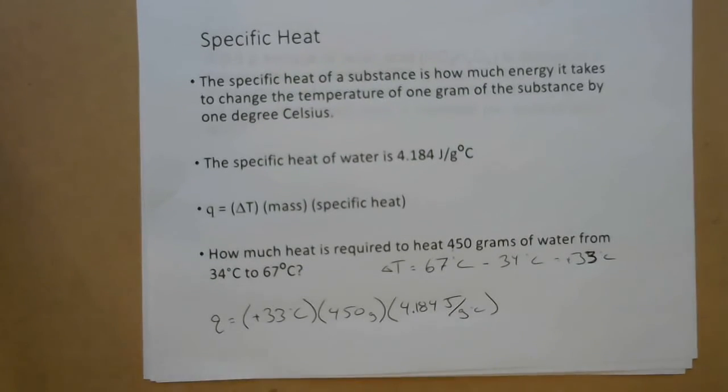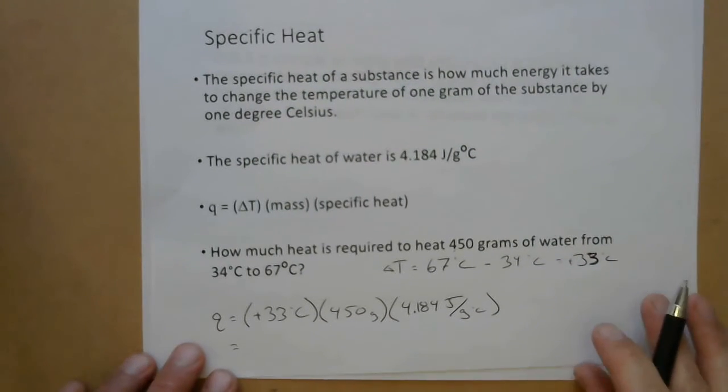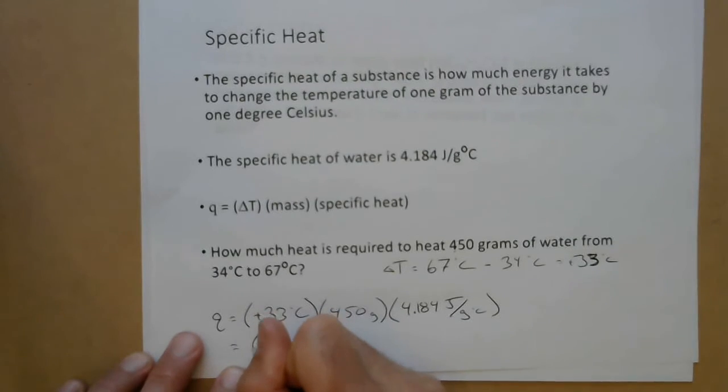All right. If you have other substances, you still use this same equation. Like say it was a piece of aluminum, you'd still use this same equation, but you'd have a different specific heat. Every different substance has a different specific heat. For water, we're going to see this one a lot, so you'll probably remember this number. For other substances, it's always going to be given to you, or you'll have information that'll allow you to find it. So we multiply those together, and you get